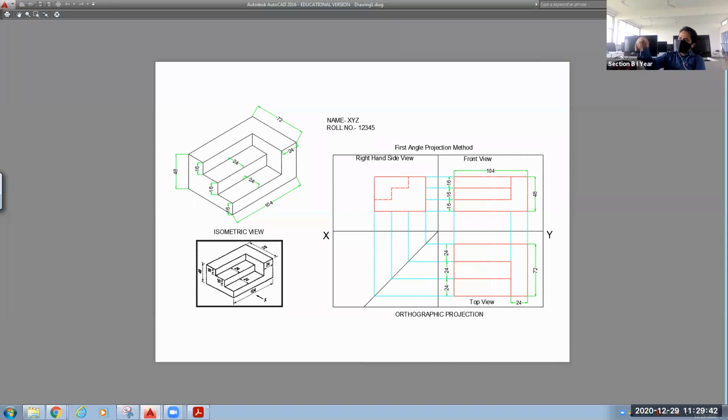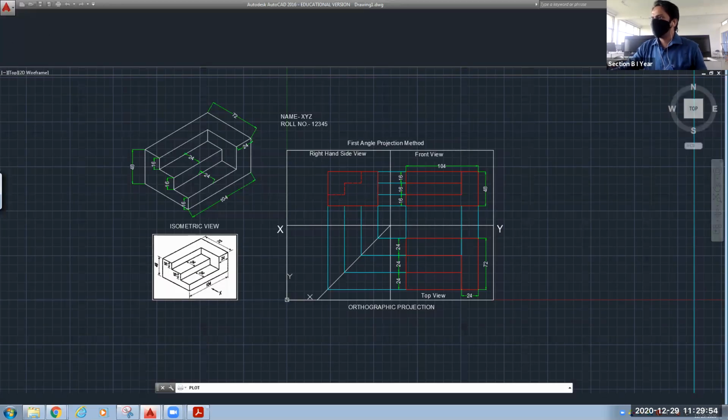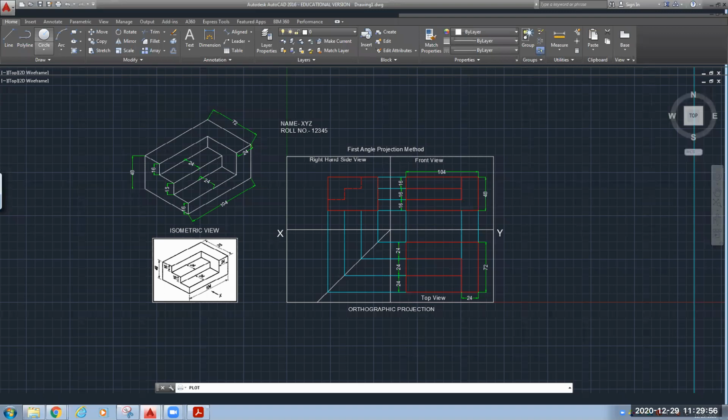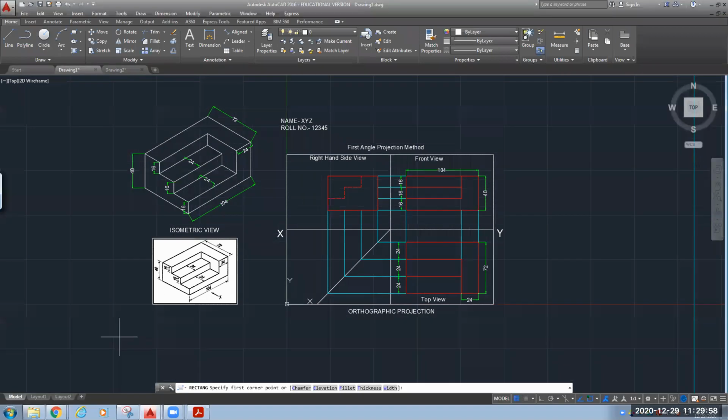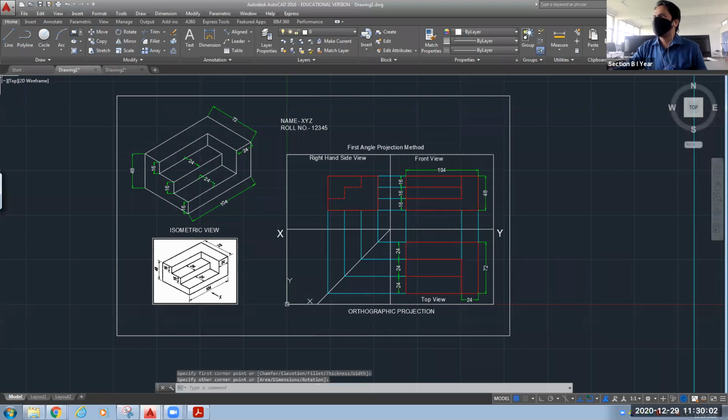Okay, if you want to make it a little bit more beautiful, you can create some margin also. So let's do it. Draw a rectangle. This is your first rectangle. You can make another rectangle.